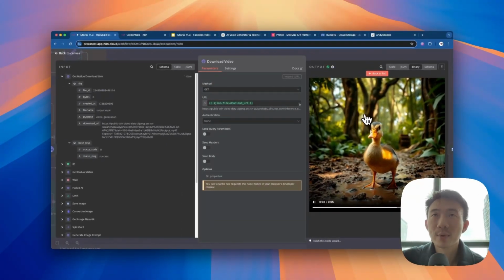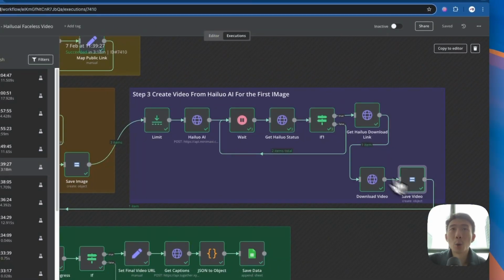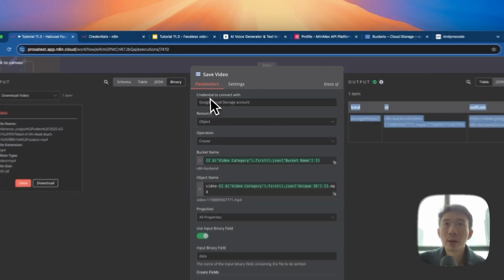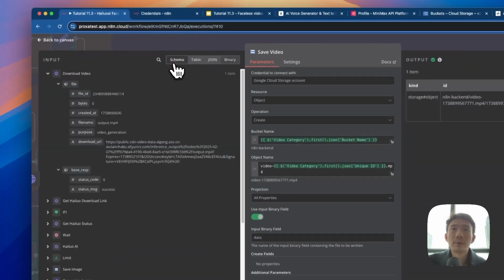Okay, this one is generated from Hailuo, and we can save it to our Google Cloud Storage. Again, connect the credential with the Google Cloud Storage account. Object as the resource, create as the operation. For the bucket name, we just drag and drop from the video category